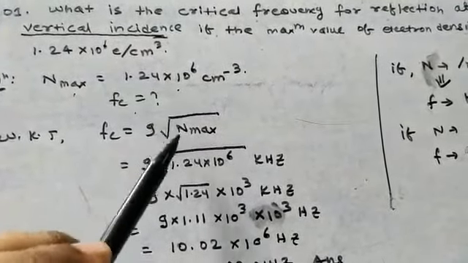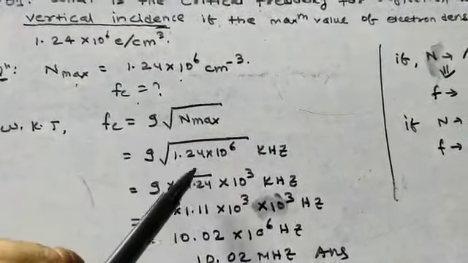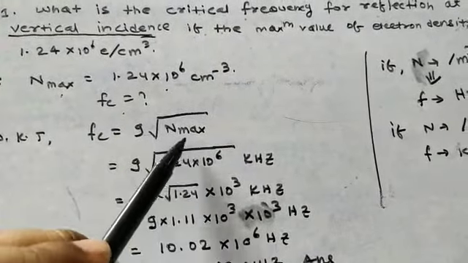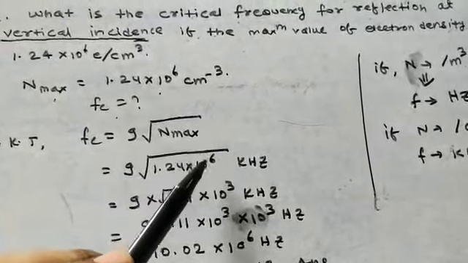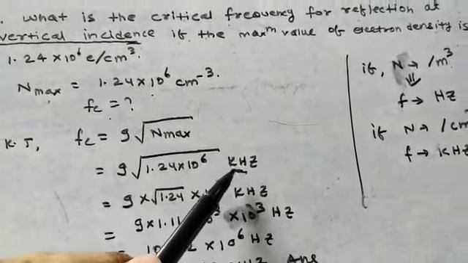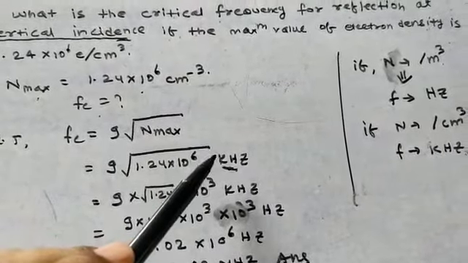Fc is what? So this is a straightforward formula-putting question. We know that Fc is equal to 9 root N max. 9, and within the square root bracket you have to write the value of N max, which is 1.24 into 10 to the power 6. But there is a very remarkable point that after this I have written kilohertz, because in my theory lecture of critical frequency or in the propagation